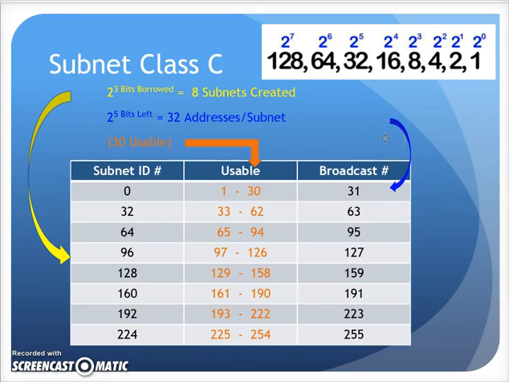And if I go back to my planning, I find out that I have 3 bits borrowed. I get 8 subnets. There they are. 1, 2, 3, 4, 5, 6, 7, 8. And I said there's 5 bits left. I'm going to get 32 addresses per subnet, of which 30 are usable. Here they are. Boom, boom, boom, boom, boom. 1 to 30, 33 to 62, and so forth. There is my planning panning out for me, and now I have a chart of numbers that I can actually